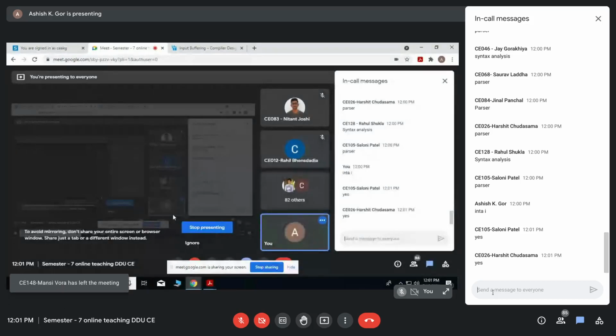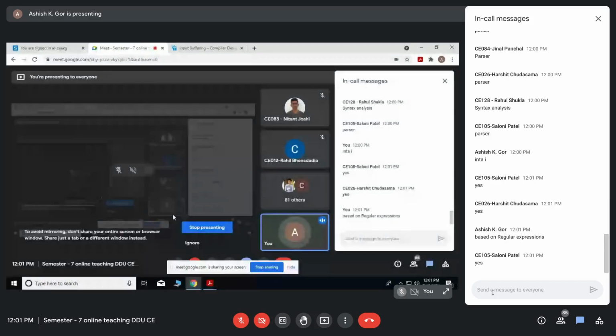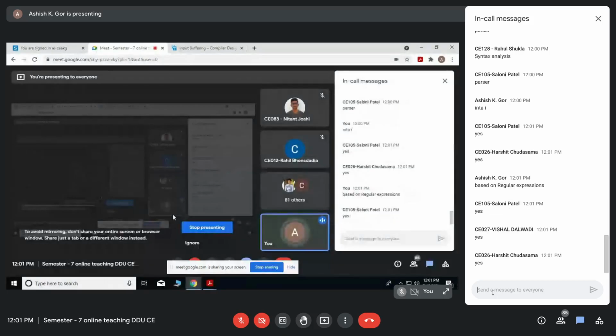You know that the entire lexical analyzer is based on regular expressions. You must have written programs where you have written regular expressions and some actions. Whenever you give input, it tries to match that input with the regular expression. Am I saying correct or not? Whenever you write some input, it tries to match it with the regular expressions, the rules that you have written, and then executes the corresponding actions.